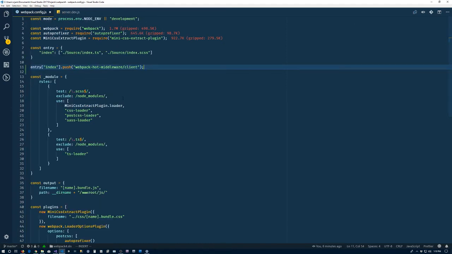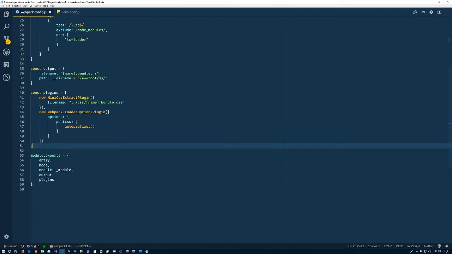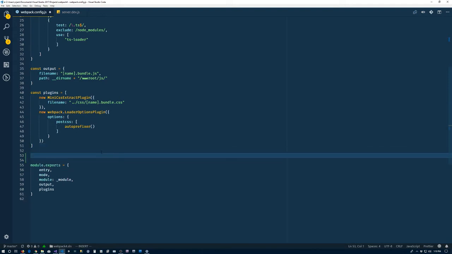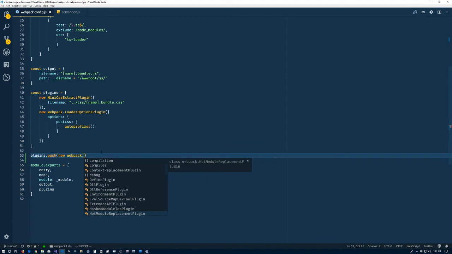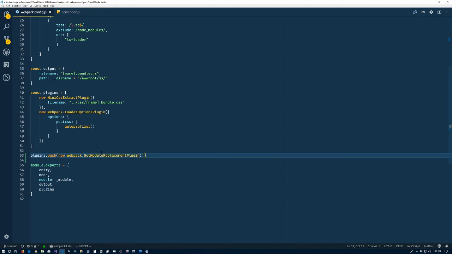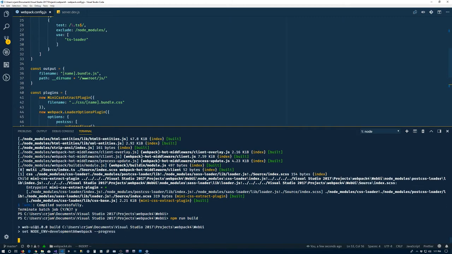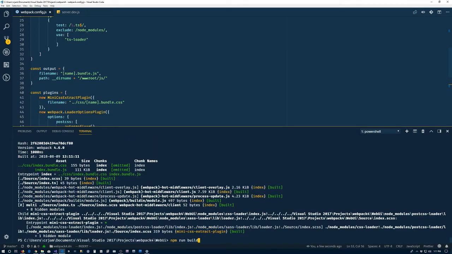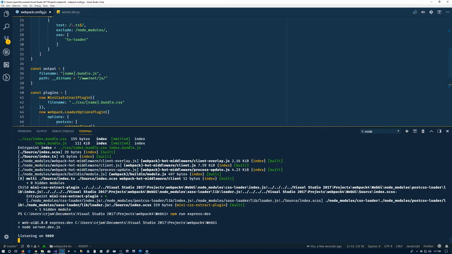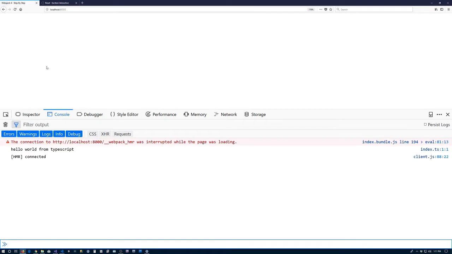And back to webpack.config. The reason hot module replacement is disabled is that we need to add a plugin. For them, like I said, or the same as we did on entry, I'm going to add this plugin later on. Here we'll do some changes to see why. But Webpack, what is it? Hot module replacement plugin. So we add that plugin to it, save it, console again, npm run build, and run express, refresh, and